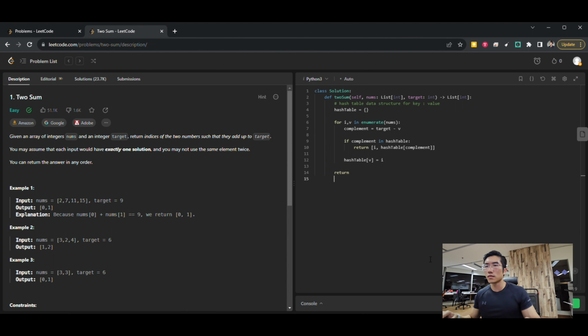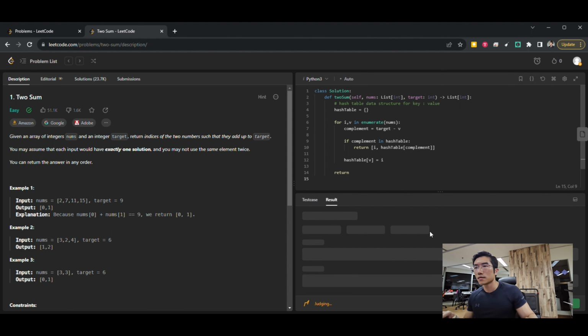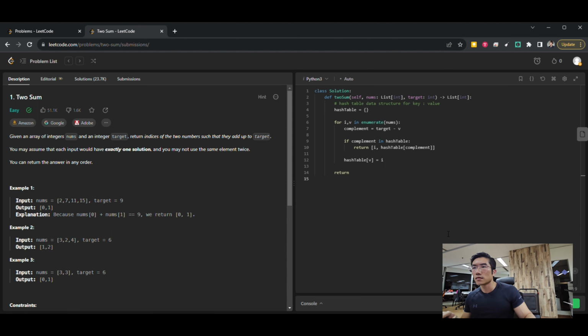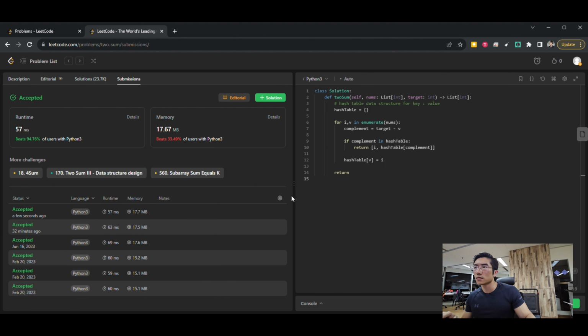Okay, let's run this. Yeah, looks like we have just solved it. And let's do a submission. Yeah, this is a very effective and efficient runtime. Well,